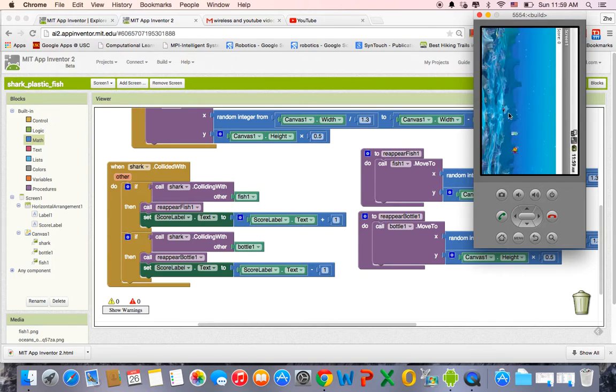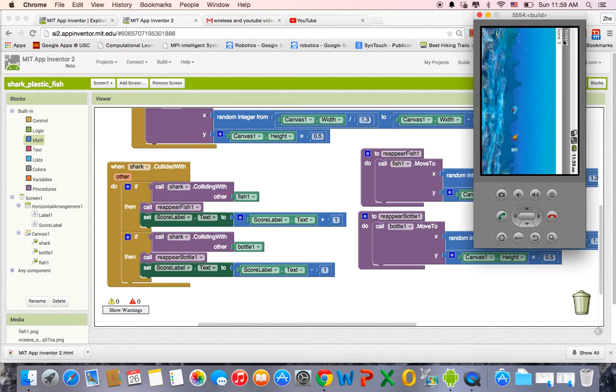Okay, so the shark tries to get away from the bottle and then eat the fish. My score goes up by 1, and eat another fish. My score goes up by another 1, so now I have score 2. I eat another fish, I should have score 3, and if I eat one fish, 4, and then eat the